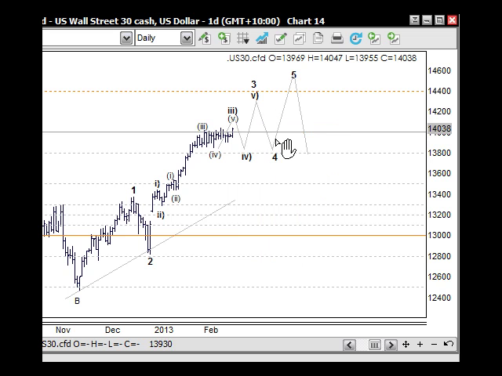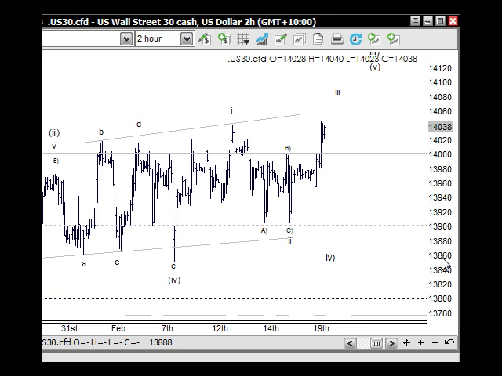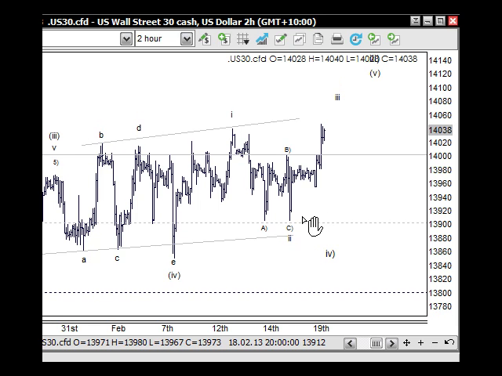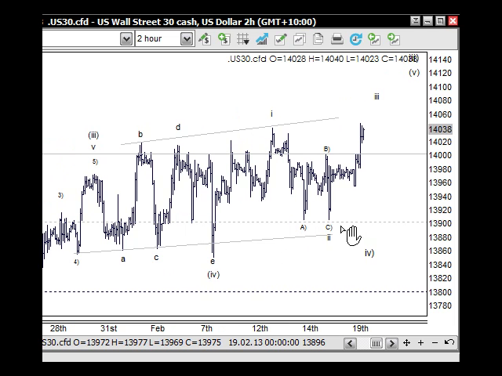So a fair bit of zigzagging through here, but the main point, and it may not pull back to these points as well, it may end up sitting on the 14,000 or even a little bit higher, but we'll look at that when it comes. But it's just nice to look at the textbook kind of approach through here as well. On a smaller note here, the same as the S&P 500, the Dow here. I know this is a little bit complicated through here, it even confuses me, but what we're trying